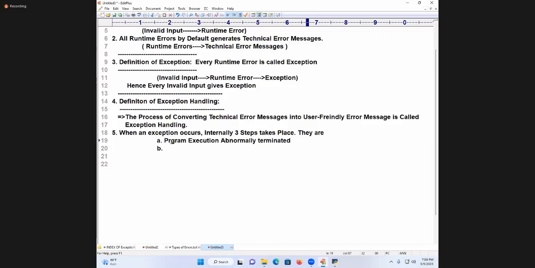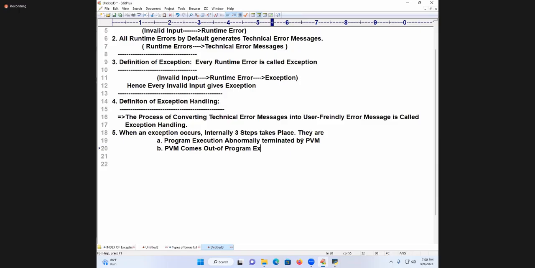Terminated by what? The PVM. Next is, after terminating, the PVM comes out of the program execution. Abnormal termination is taking place.